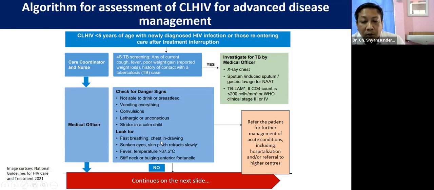Fast breathing and chest indrawing indicate pneumonia, sunken eyes and skin pinch severe dehydration, fever with temperature more than 37.5 possible sepsis, stiff neck and a bulging anterior fontanelle meningitis. When he finds these symptoms, he will refer the patient for further management of acute conditions, including hospitalization and